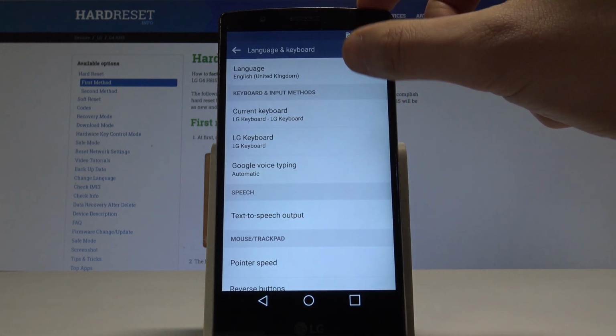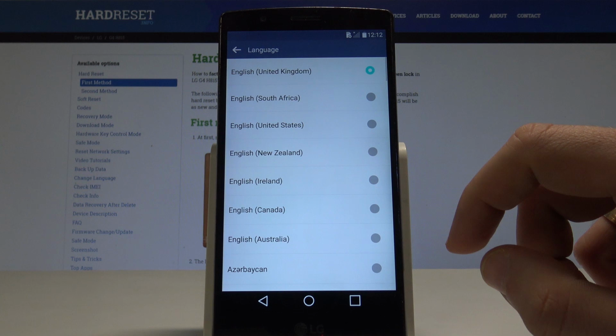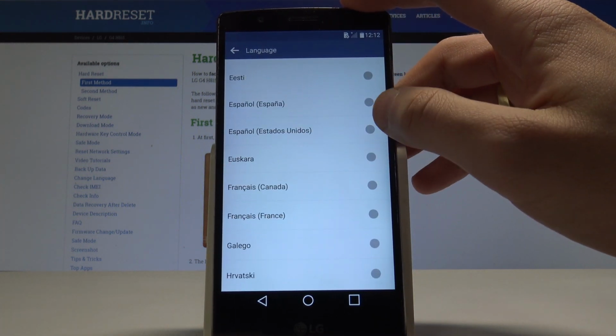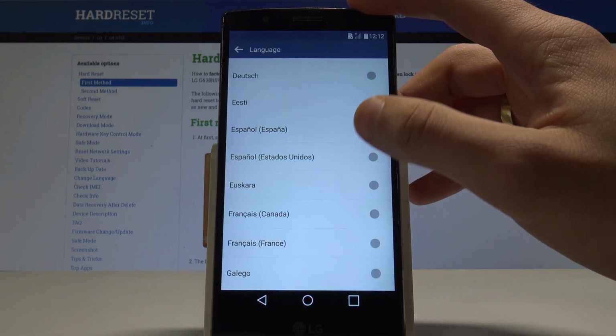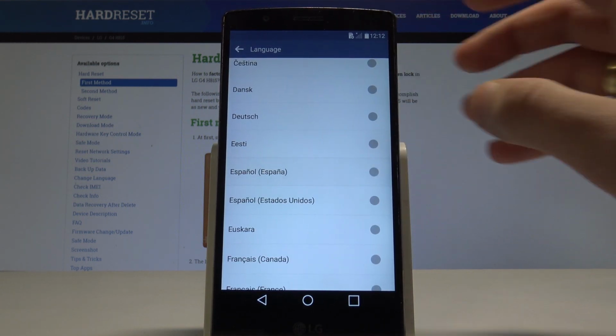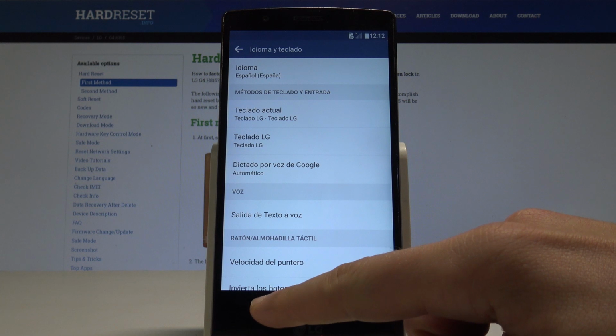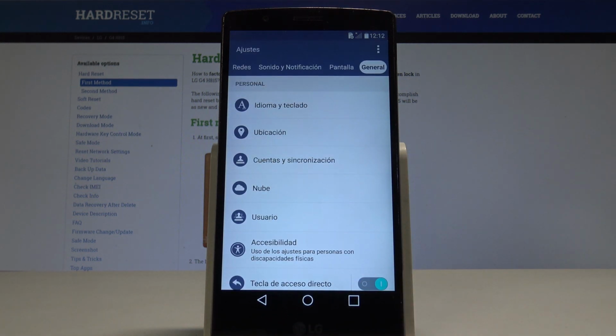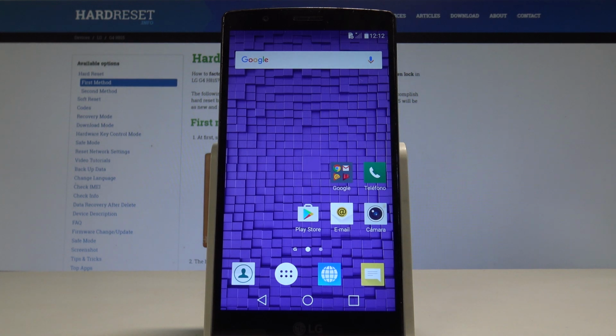So let's tap language from the top of the screen, and here you've got the full list of available languages that you can use on this device. In my case, let me switch language from English to Spanish. Let's tap on Espanol. Let's go back. And as you can see right now, the whole list of settings, but also the apps and the home screen